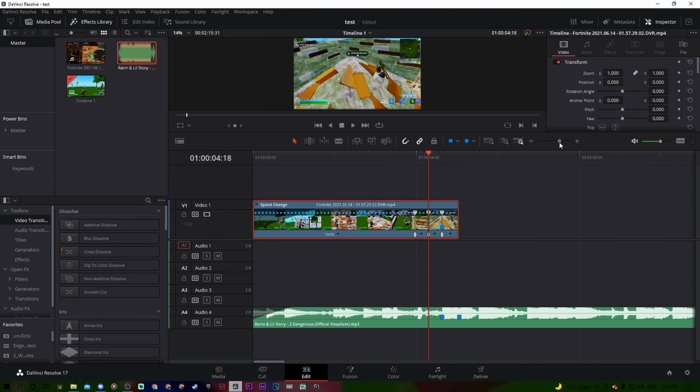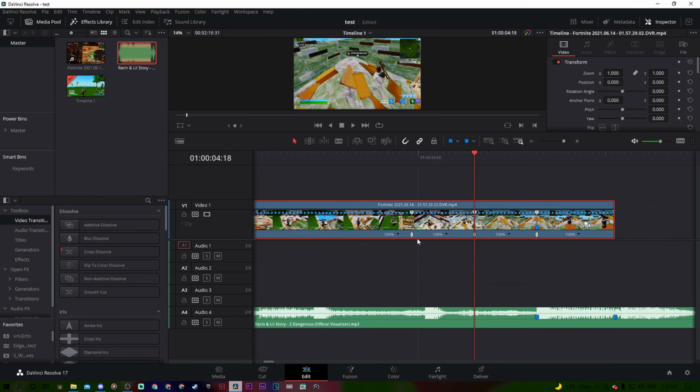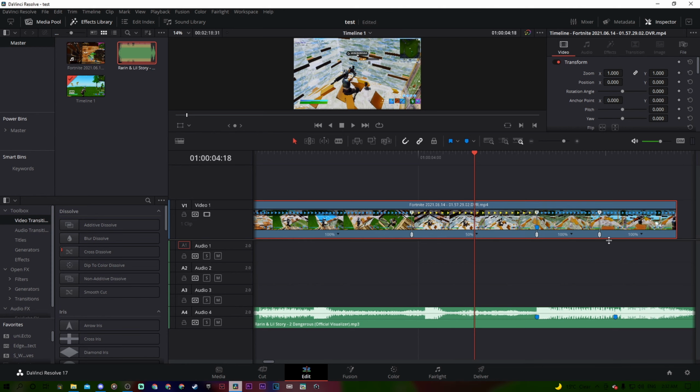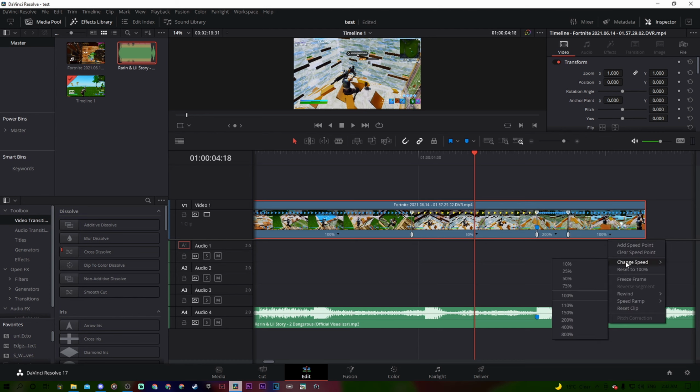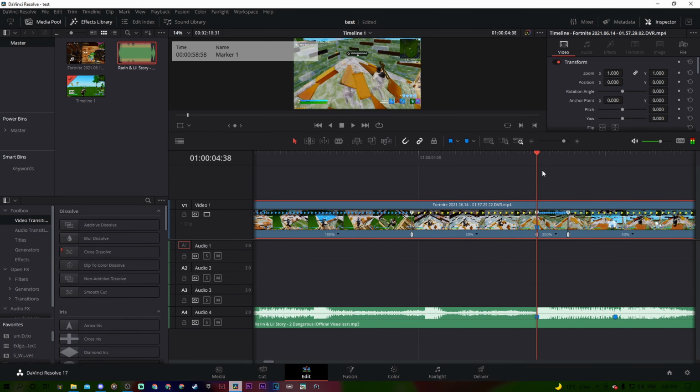Add a speed point, then you're going to zoom in a little bit. Then you're going to change this one. The first little section here, change this one to 50. Change this one to 200%, the next one, and then change this one to 50. Bring your